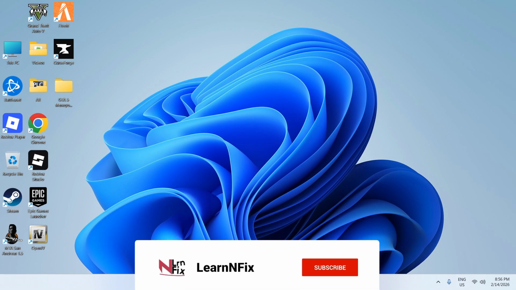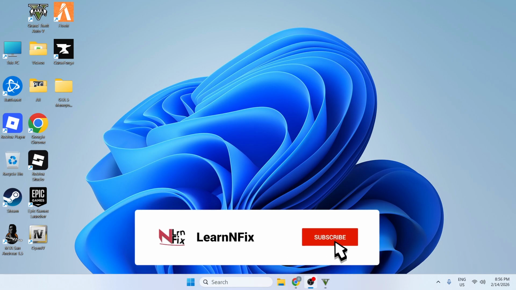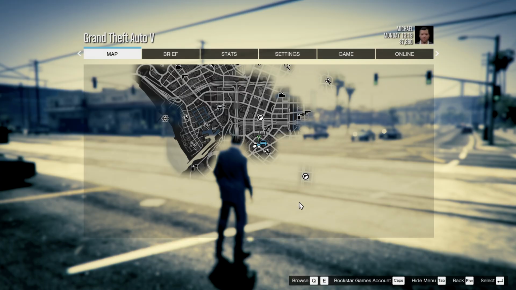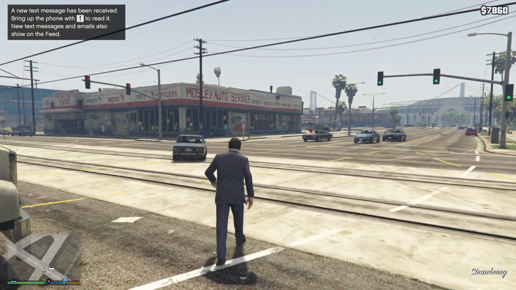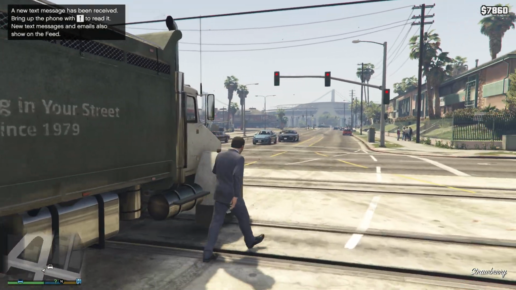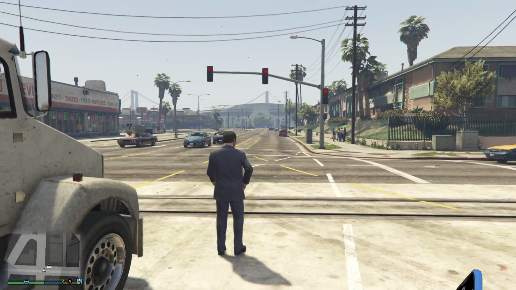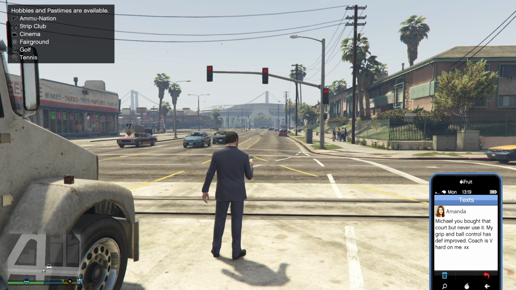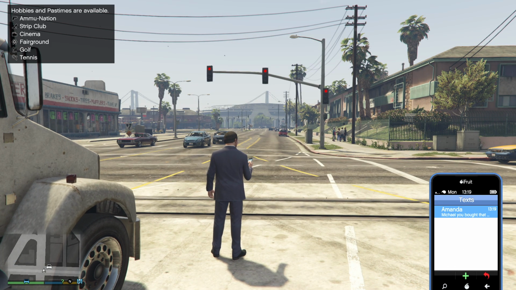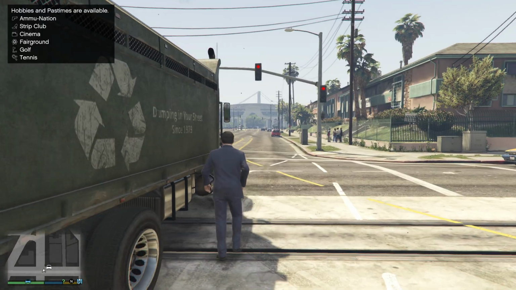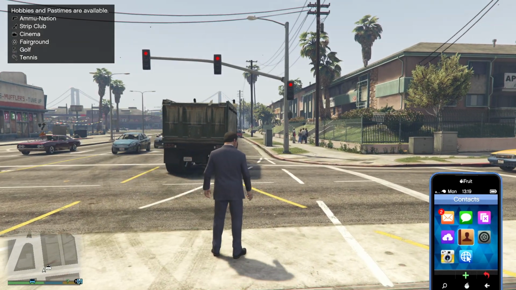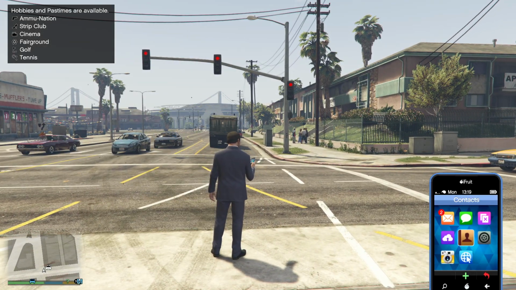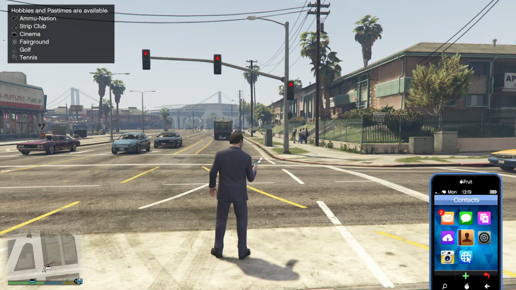In this video I'm going to show you how to open phone and dial number in GTA 5. So first you need to be in GTA single player, and you want to click the up arrow on your keyboard, and over here I'm just gonna skip this message. Let me just go back here. So you start with the up arrow,